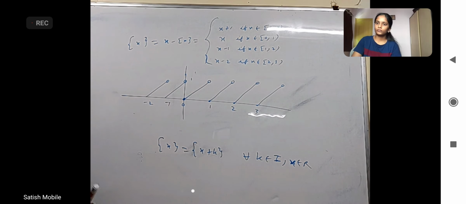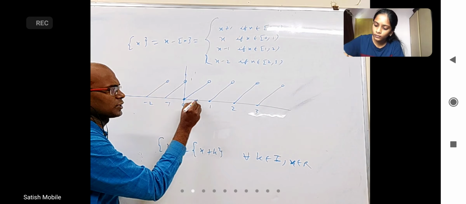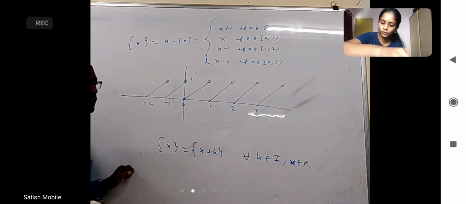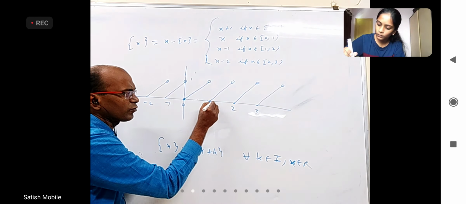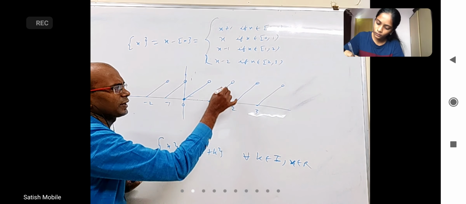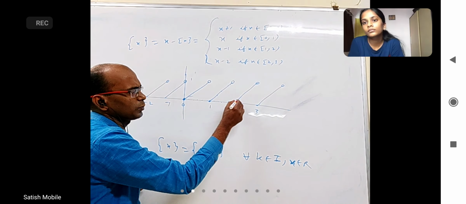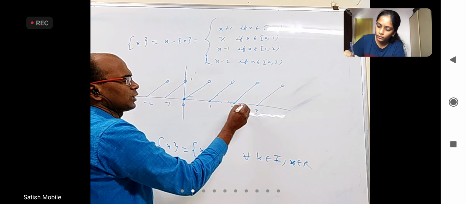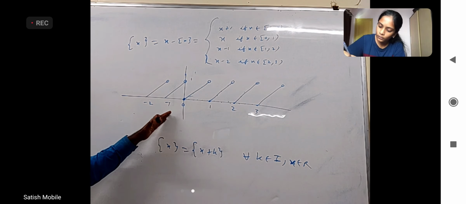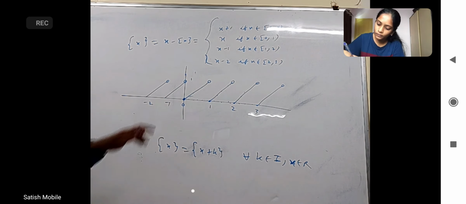Why? Very simple thing. At 0.1, fractional part of x is 0.1. At 0.2, it is 0.2. At 0.3, it is 0.3. At 0.4, it is 0.4. At 0.9, it is 0.9. But at 1, fractional part will be 0. At 1.1, it will be only 0.1. At 1.2, 0.2. At 1.3, 0.3. At 1.8, 0.8. And 1.9, 0.9. Suddenly at 2, it will become 0. At 2.1, 0.1. At 2.2, 0.2. At 2.3, 0.3. At 2.8, 0.8. And suddenly at 3, it becomes 0 again. So from 0, it increases to 1, comes down to 0, again increases to 1. Are you able to relate to how the values are changing of fractional part of x?